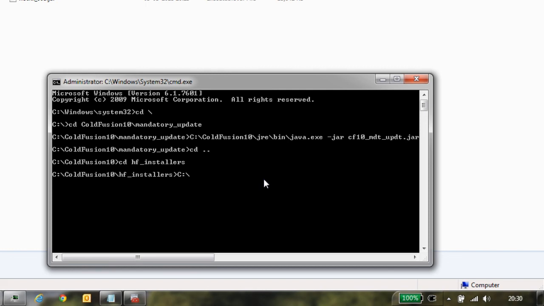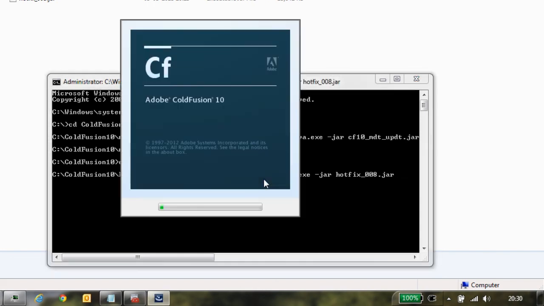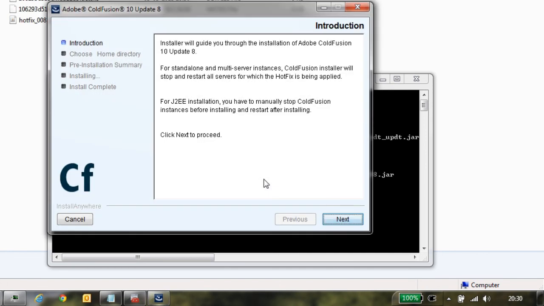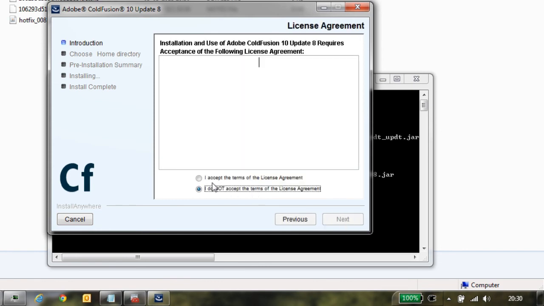C:\ColdFusion10\jre\bin\java.exe -jar hotfix underscore 008.jar. Invoke it and it will open the on-screen installation. Once you do this, it will let you go through all the steps and you will be able to apply the hotfix.